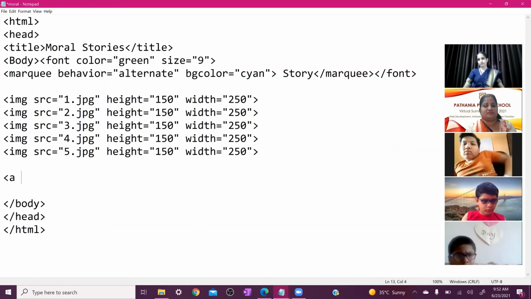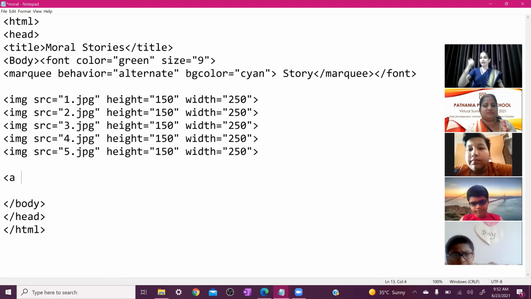For example, you want to link the file with the other file, and that file wants to link to your Shivam file. So how do we do it? Here, for example, I am Renu, and my file is open. I want to link to the Shivam file, so I write down here the link of the Shivam file.